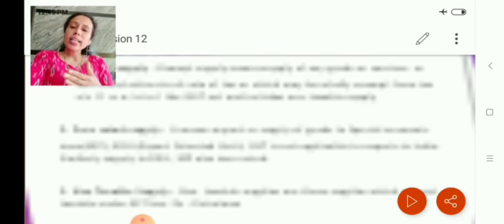So like this we can classify the supplies on various bases, like the places, the combination, or based on the recipient of the goods and services, or based on the taxability, or based on the places of recipient as well as the supplier. I hope the video and the explanation are clear.